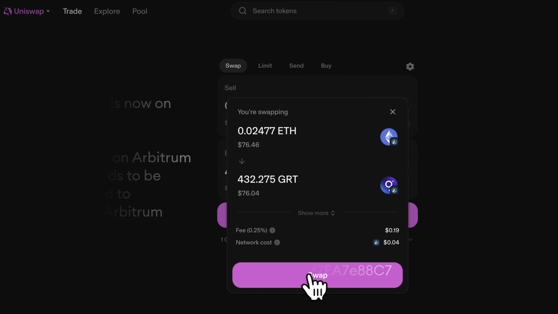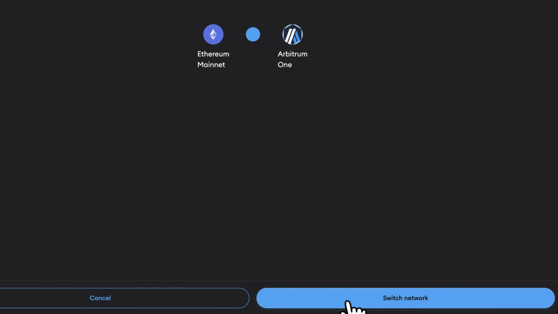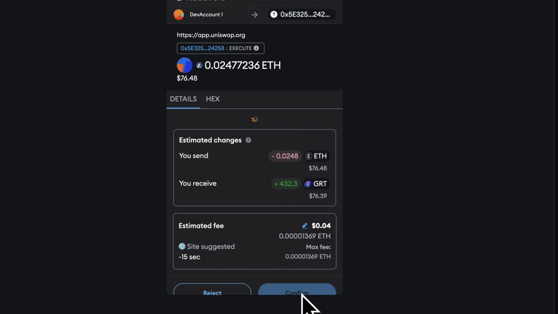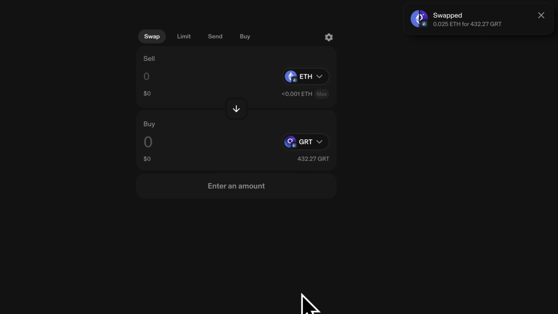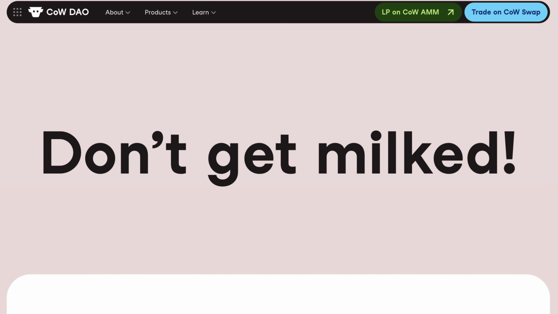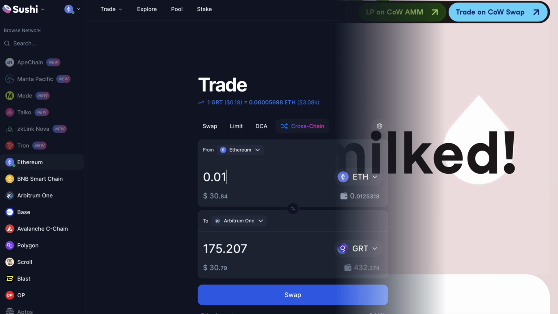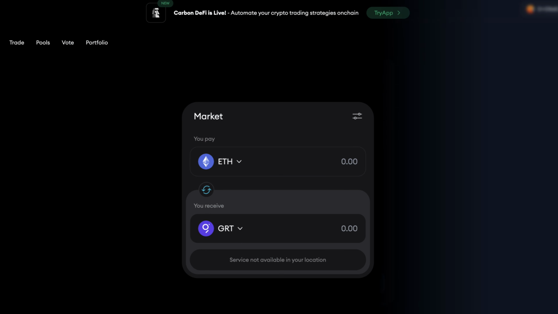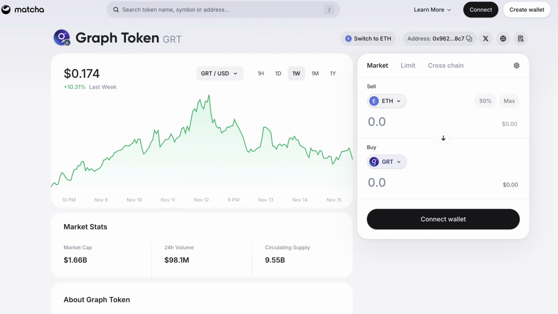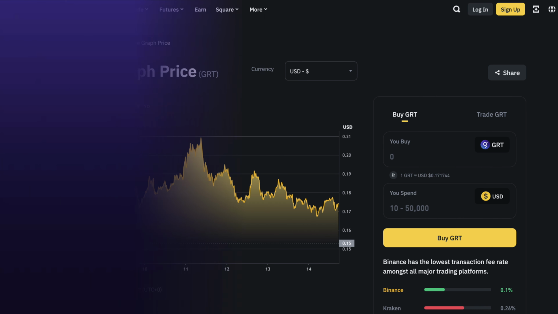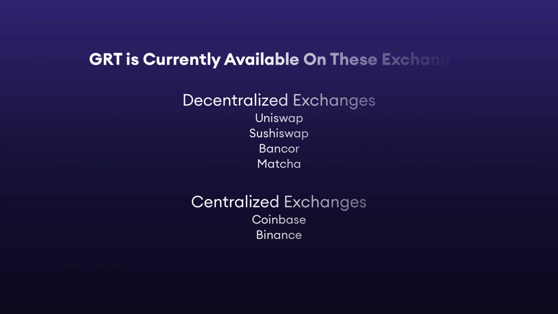Regardless of whether you used Coinbase or Uniswap, you now have GRT on Arbitrum, which means you can now start using that GRT in the Graph ecosystem. Other platforms to consider to acquire GRT include Cow Protocol, SushiSwap, Bancor, Matcha, and Binance. Whether you prefer the control and privacy of a decentralized exchange or the convenience of a centralized exchange, these platforms provide you with multiple options to get your GRT onto Arbitrum